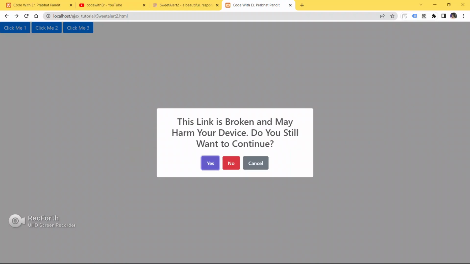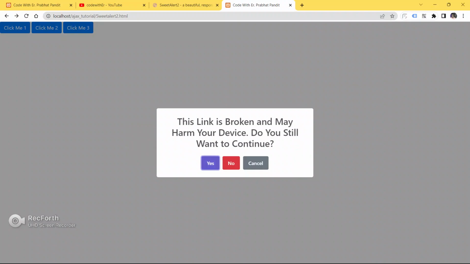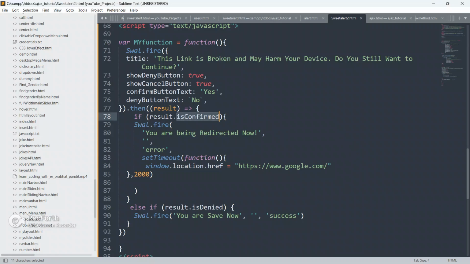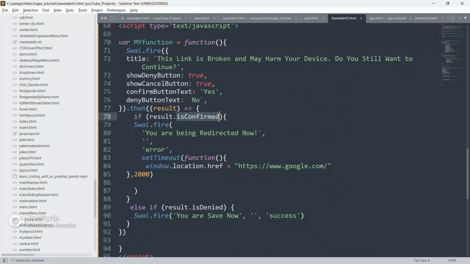It will say this link is broken, and when the user presses this yes button, it will return a promise, then a result. If result.isConfirmed, meaning the user has pressed yes, then you will see this text, you are being redirected.